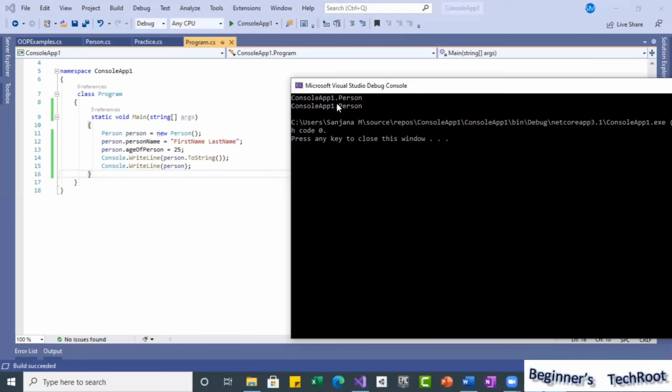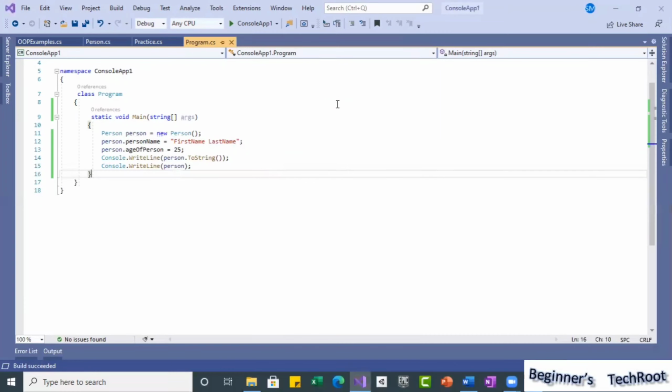But if we want to give our own behavior, our own functionality, we can do overriding. We learned overriding already.